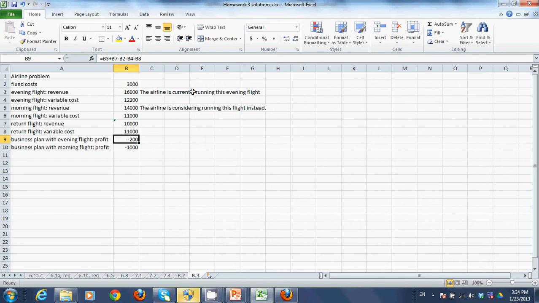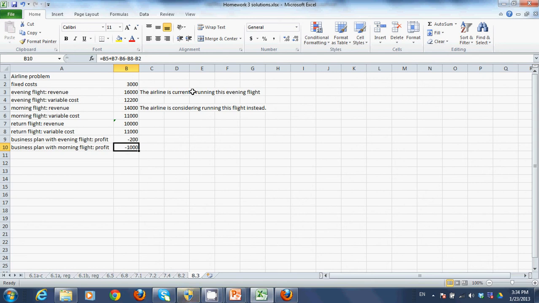So the revenues from the two flights minus the fixed cost, the variable cost associated with the evening flight, and the variable cost associated with the return flight. Okay, so for the morning flight, now it's the morning flight revenue plus the return flight revenue, minus the fixed cost, minus the variable cost of the return flight,